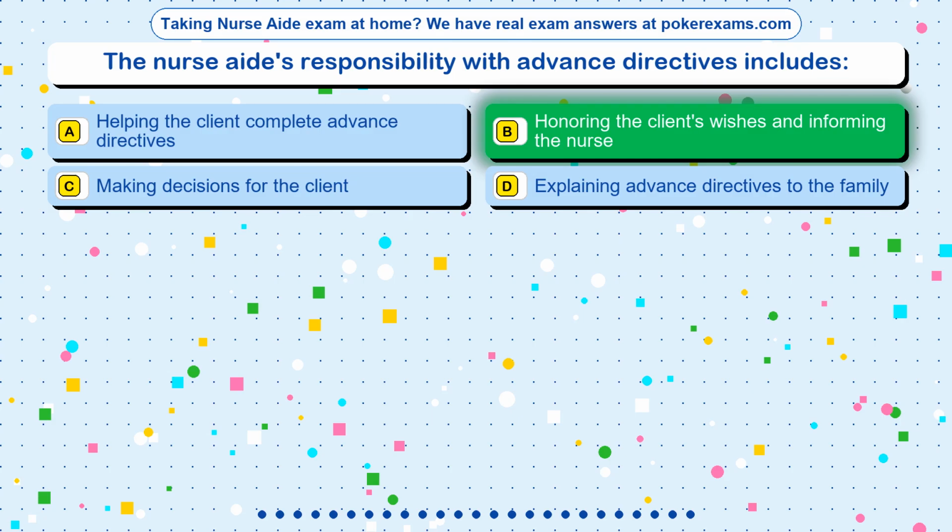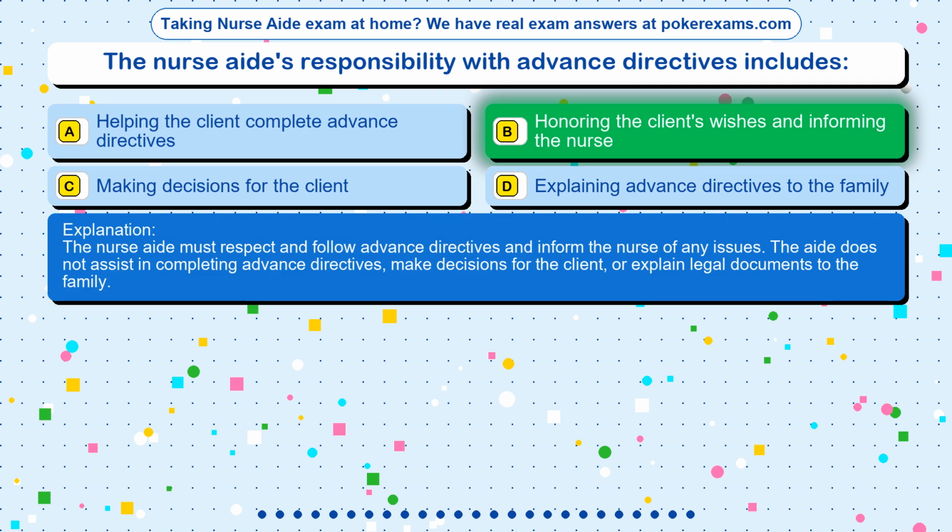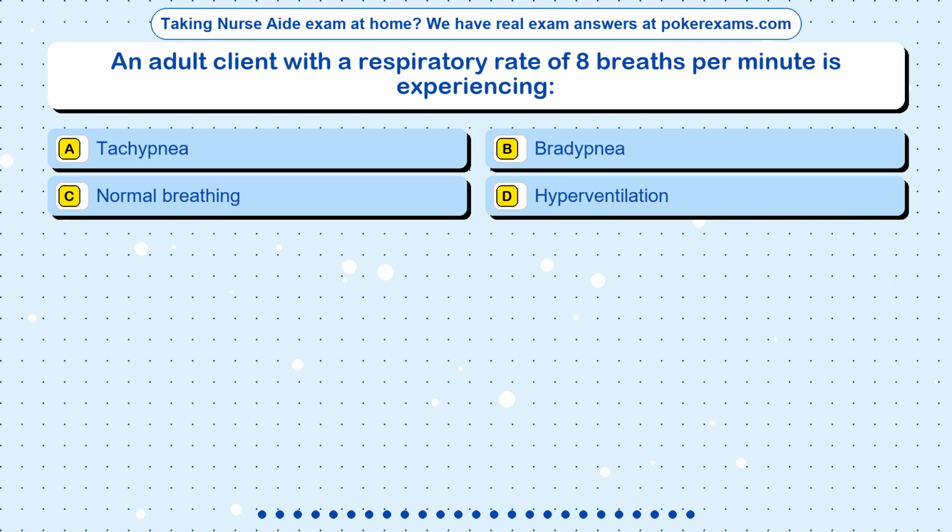The correct answer is option B, honoring the client's wishes and informing the nurse. The nurse aide must respect and follow advanced directives and inform the nurse of any issues. The aide does not assist in completing advanced directives, make decisions for the client, or explain legal documents to the family. Question 18. An adult client with a respiratory rate of 8 breaths per minute is experiencing: